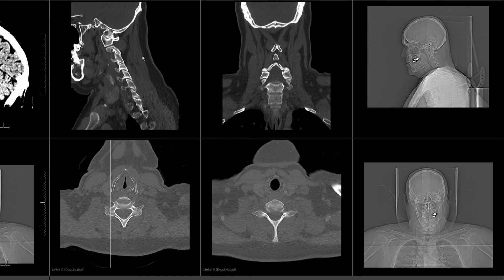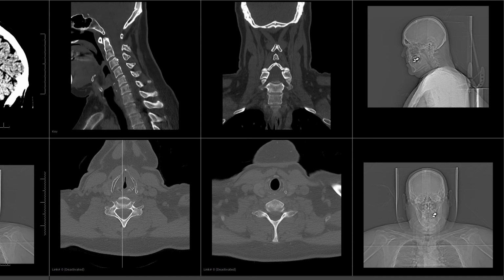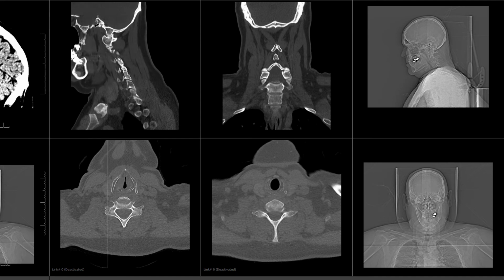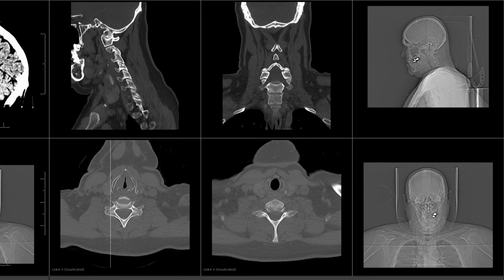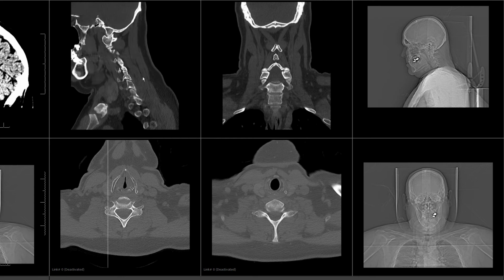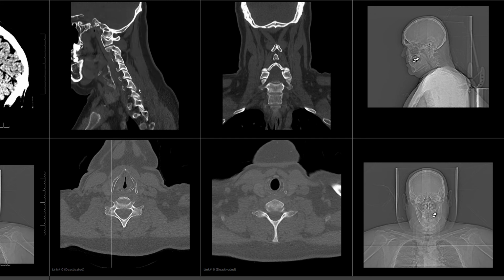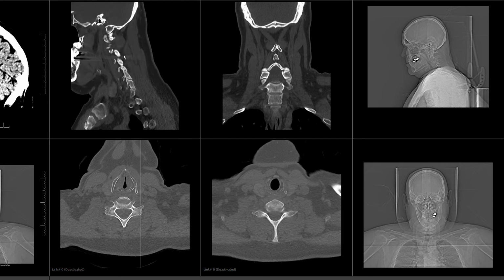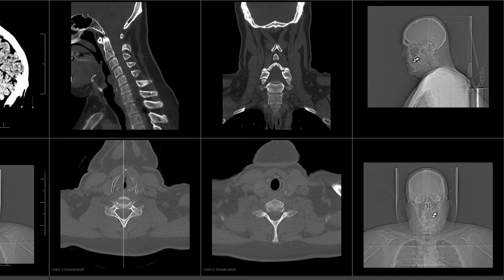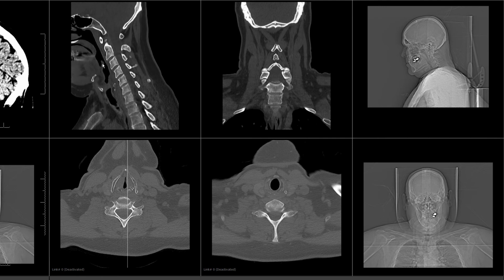If it was an MRI, I'd be looking at the marrow. And as I'm looking up and down, what I'm going to do is I'm going to look at the facets on one side and make sure they're aligned appropriately and that there's no evidence of fracture of the joint. And then I'm going to go to the other side. I'm going to do the exact same thing. And then I'm going to look at each vertebral body